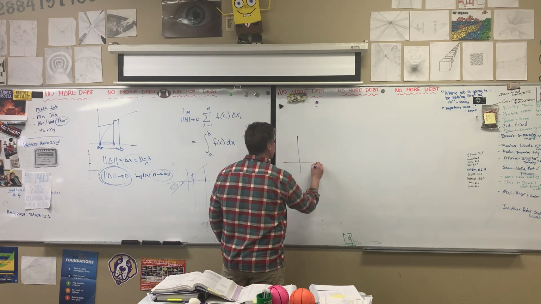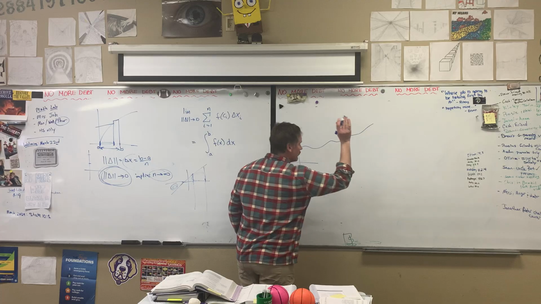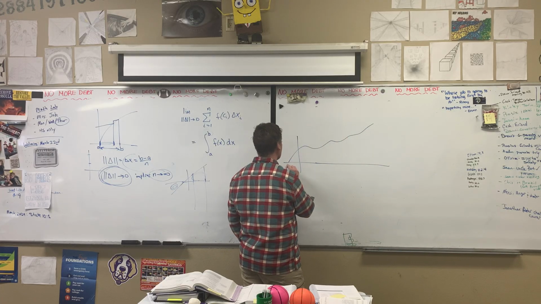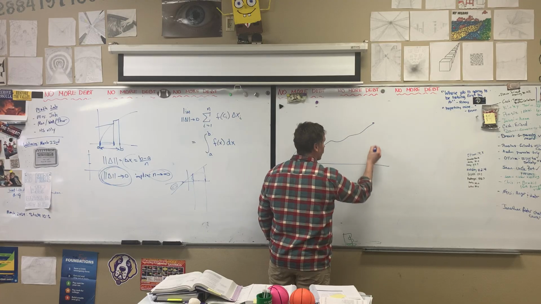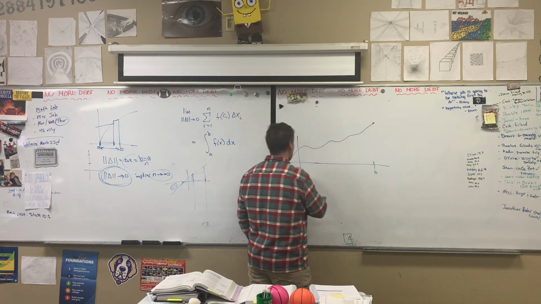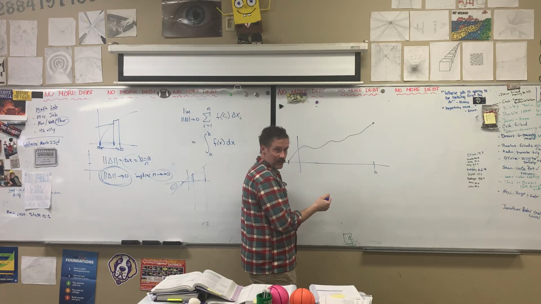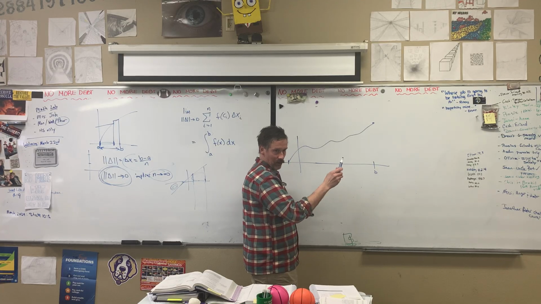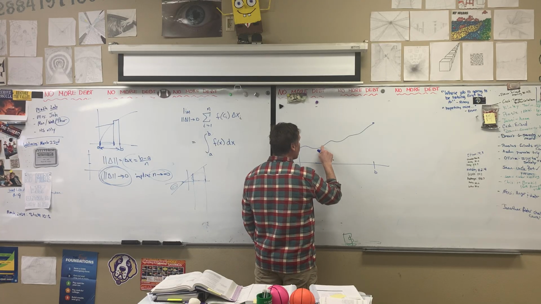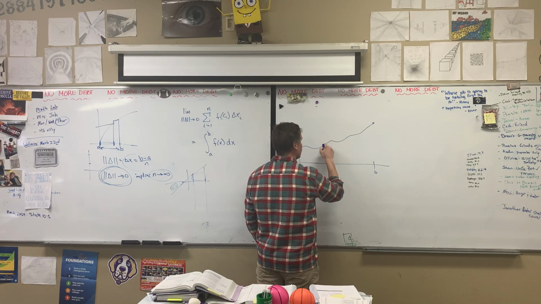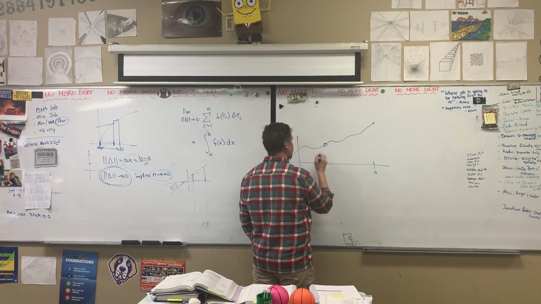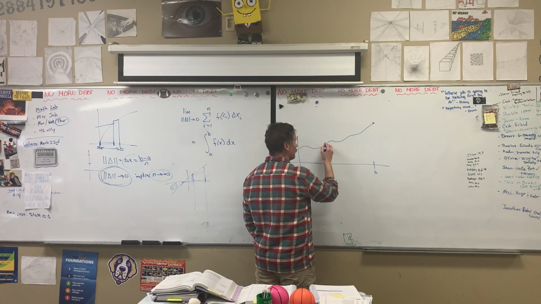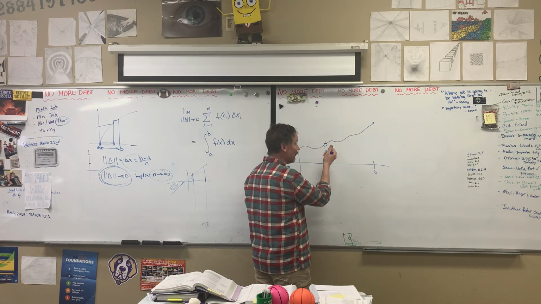Anytime you have a continuous function, anywhere along here from A, you can find the area underneath the curve. If it's not continuous for whatever reason, then it's not integrable from A to B